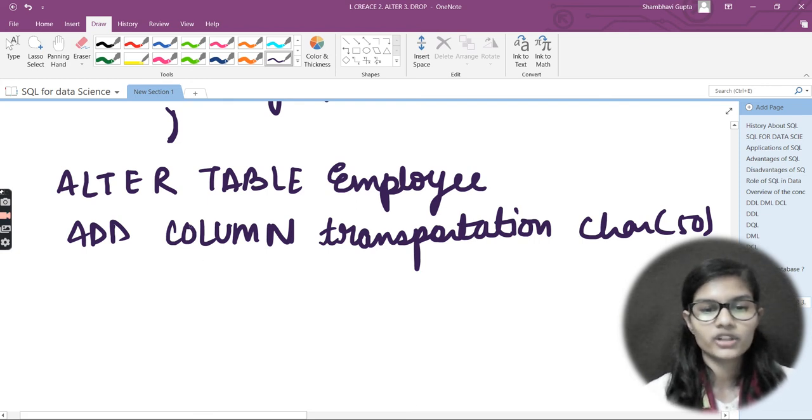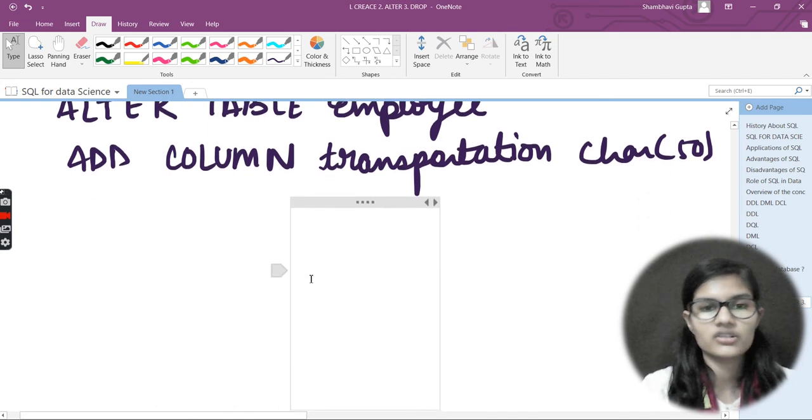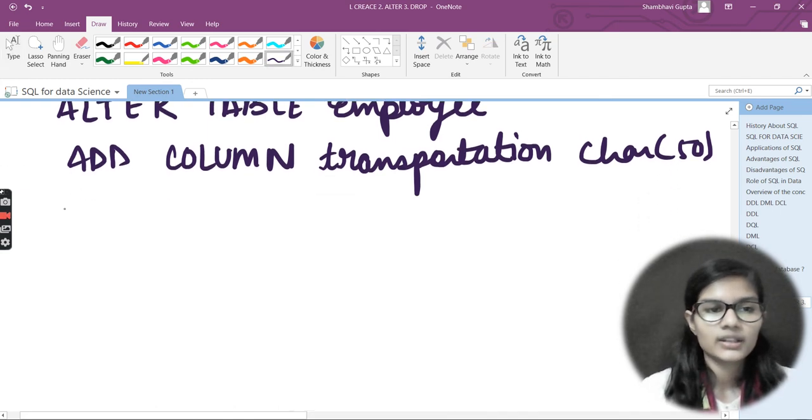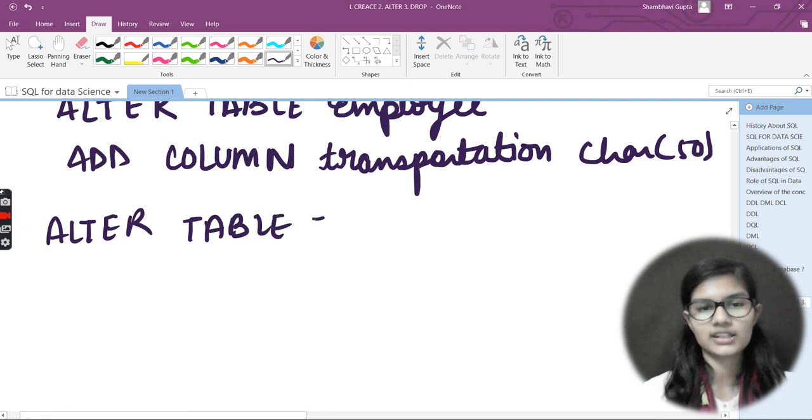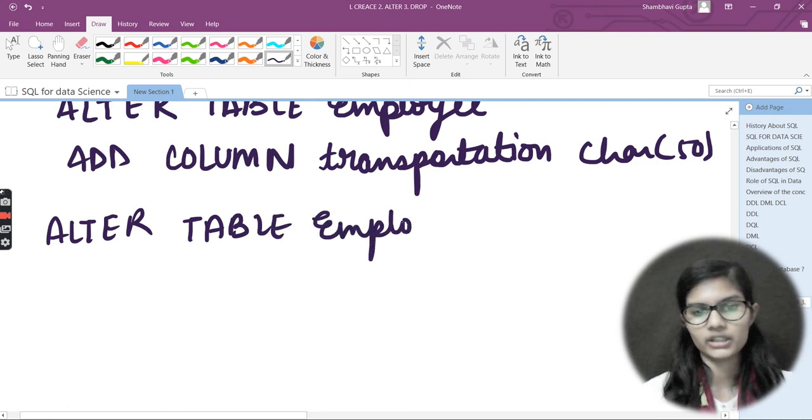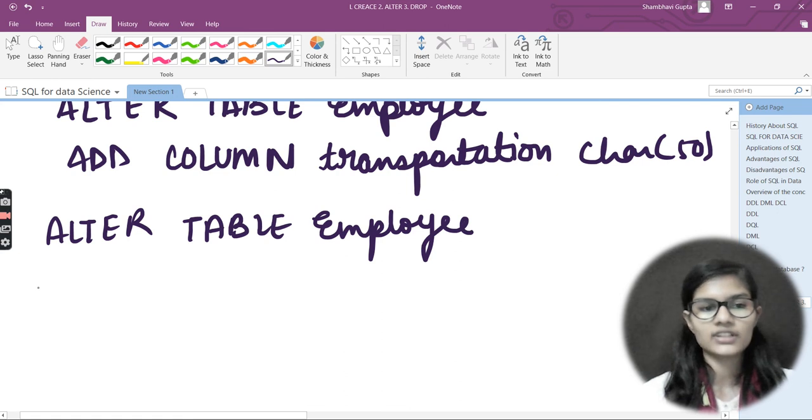Now let's say I want to modify a data type of an existing column. I want to give a modification to the data type. So I would use ALTER TABLE again. My table name is employee. After that, not ALTER, I'll be using MODIFY.